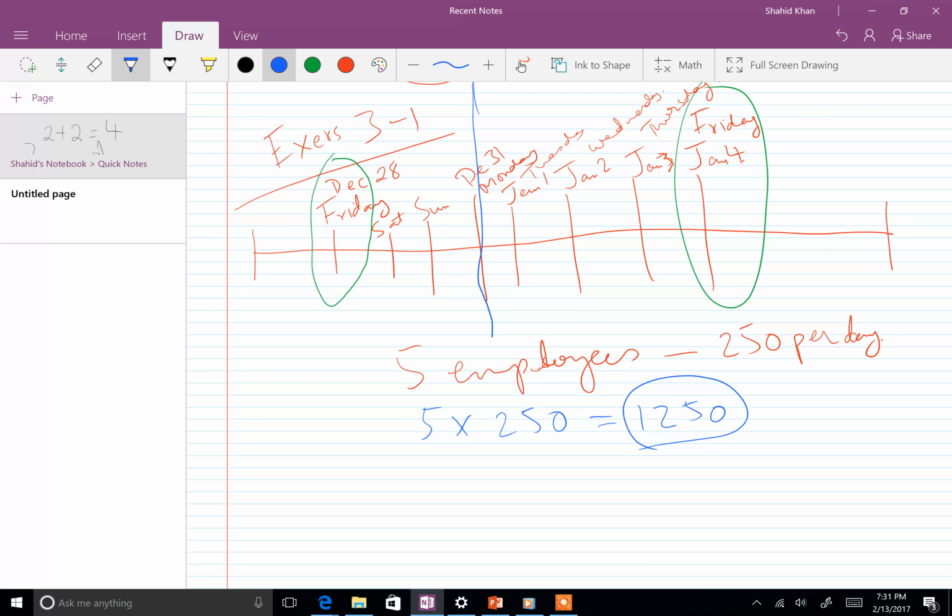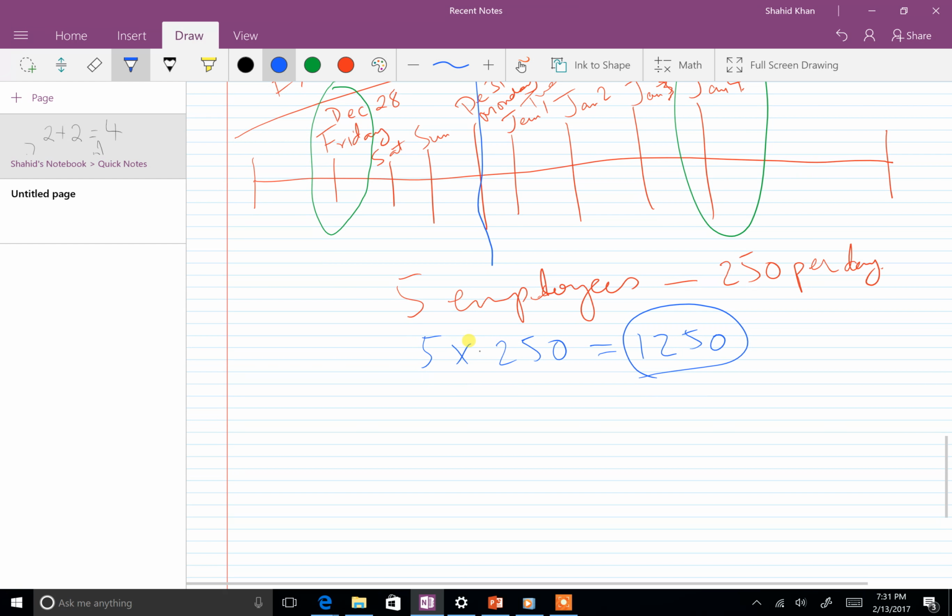Okay, so when we book the entry on December 31st, what's that entry? Because we paid for 5 days, 5 days multiplied by 5 employees multiplied by 250,